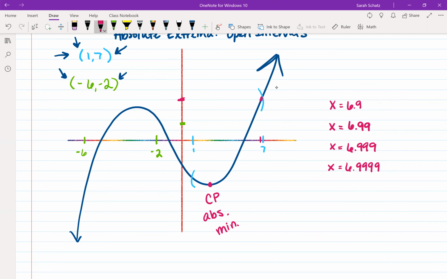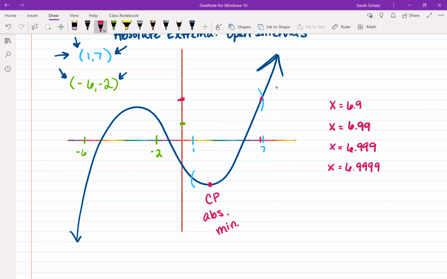You can do that forever, guys, which means we actually don't have an absolute max on this interval. Because if you think you're at the highest point, as close to that 7 as you can get, I can get closer. So each max is not a max because you can get higher. So basically what we're saying here is we cannot consider the endpoints or anything even close to the endpoints as